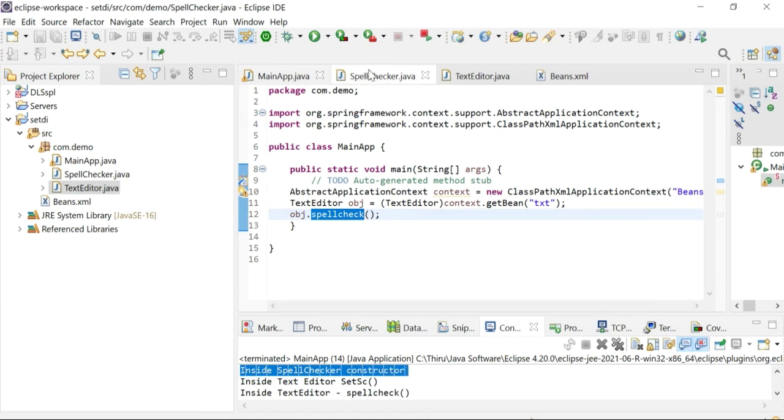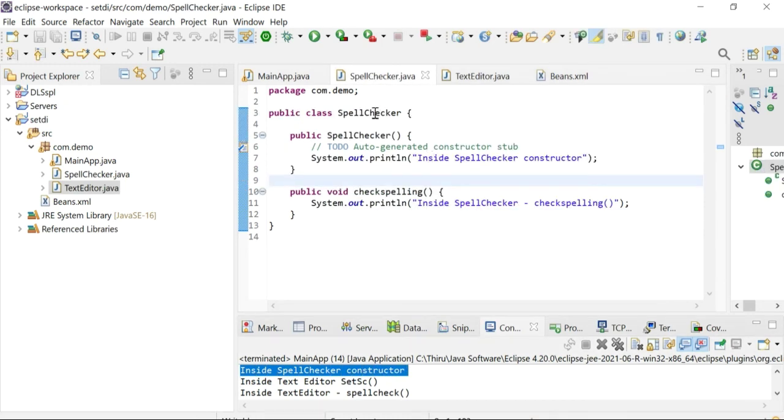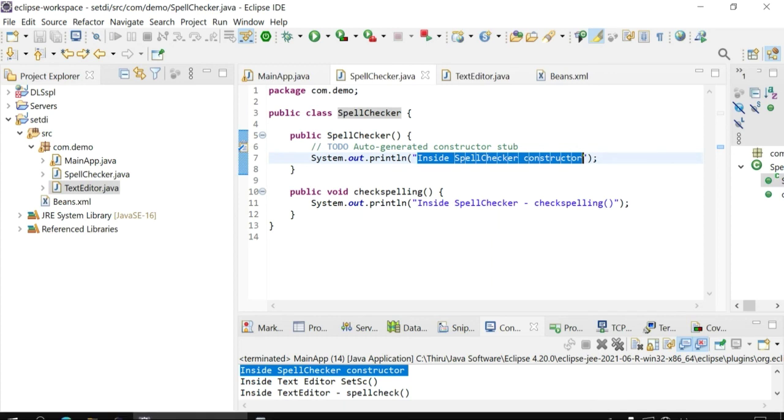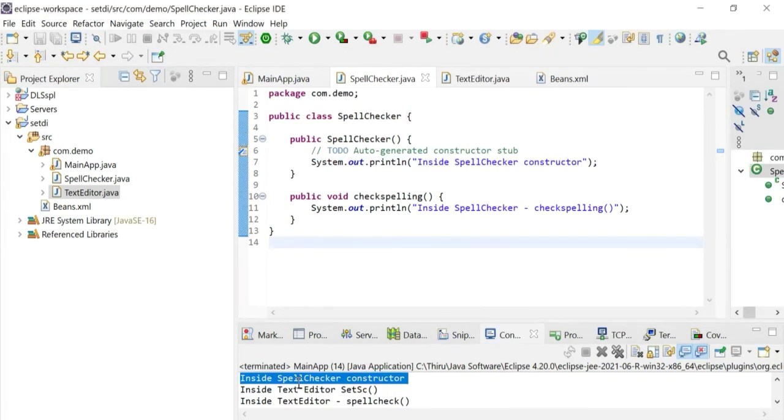Go to the spell checker class, you can see this message, inside spell checker constructor.